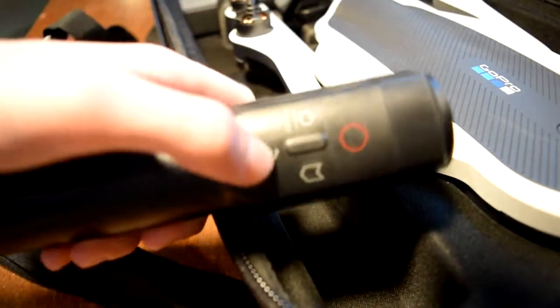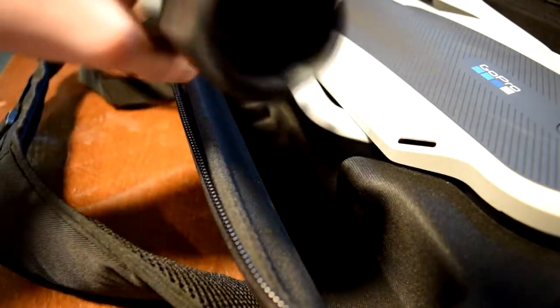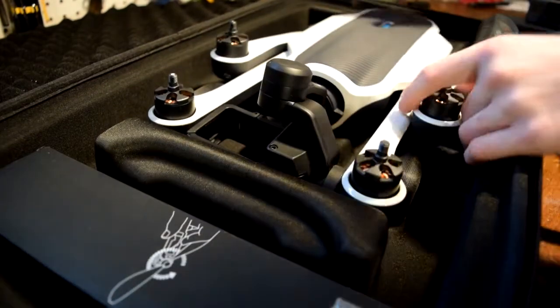There we go. Kind of looks like a selfie stick with a bunch of these little buttons on here. This is the GoPro start button, and it has all these other things on it. You're probably wondering, why is there a hole in the top? Let me show you. Not getting to the drone really beforehand, but in order to use this thing, you need